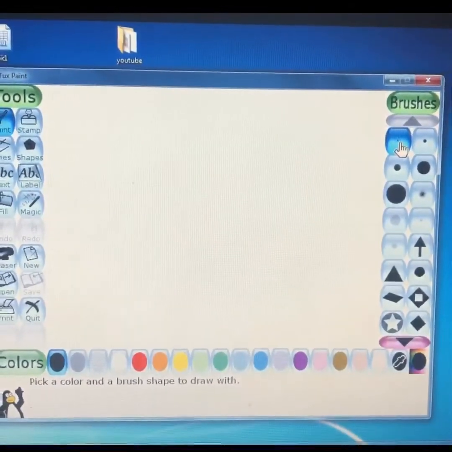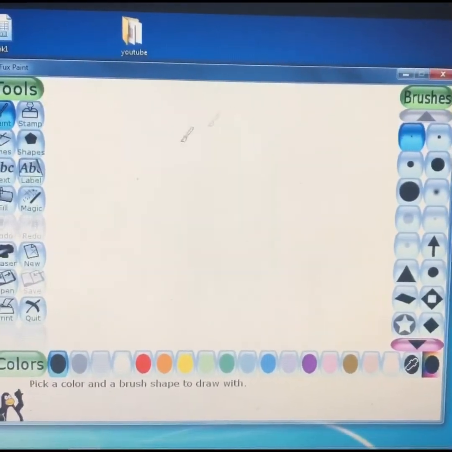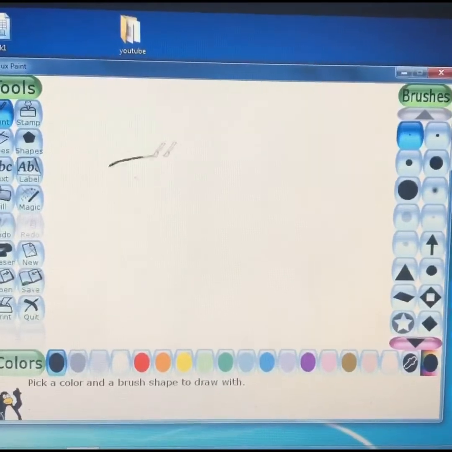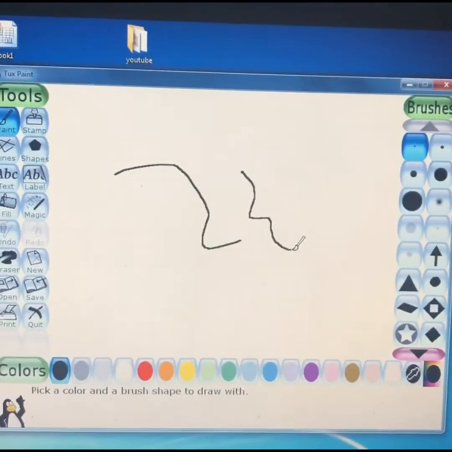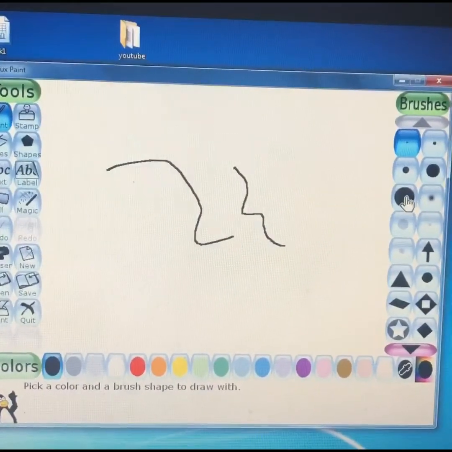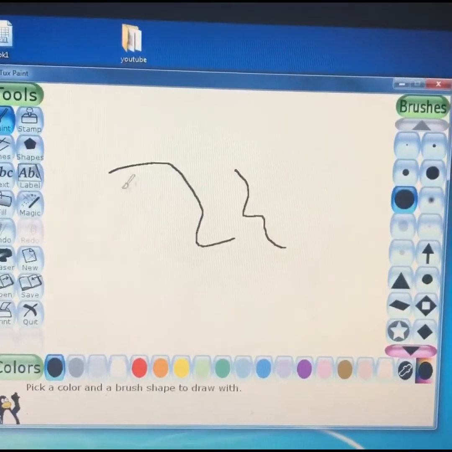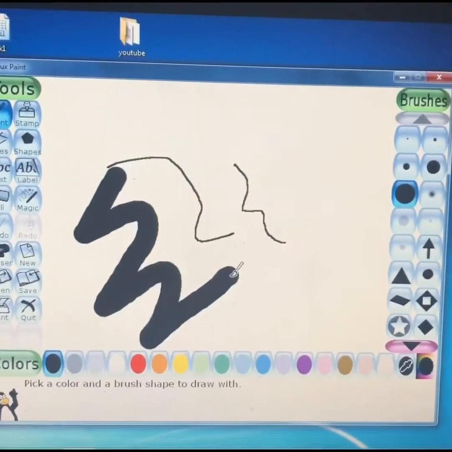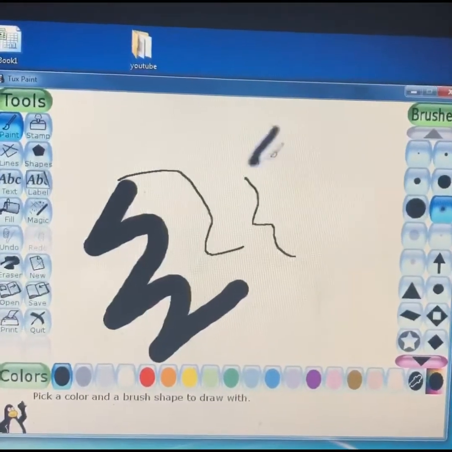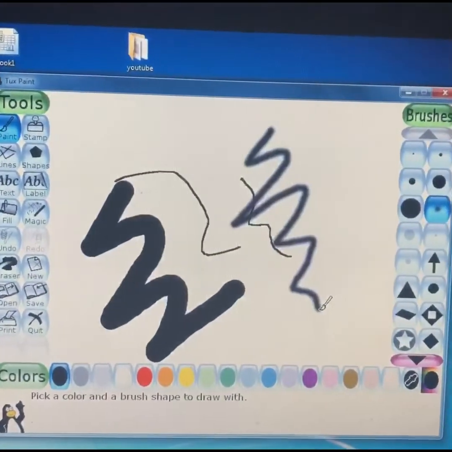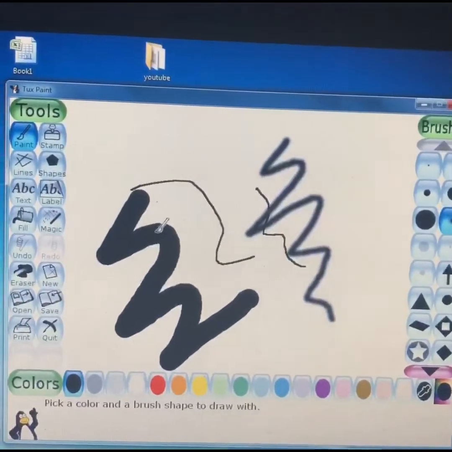I'll click on this, then it will be like this. If I change the size, if I choose this one, bigger one, it will appear like this. If I choose this one, it will appear like this. Okay, so these are the brush sizes.